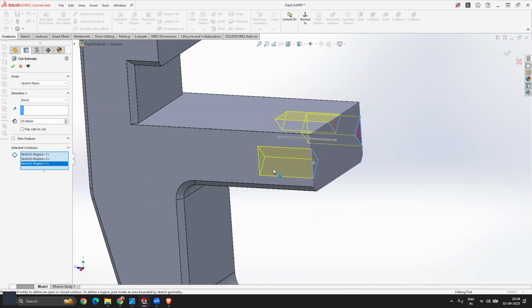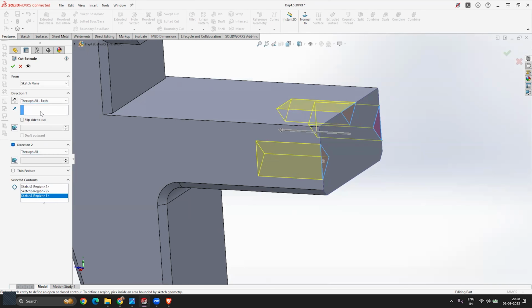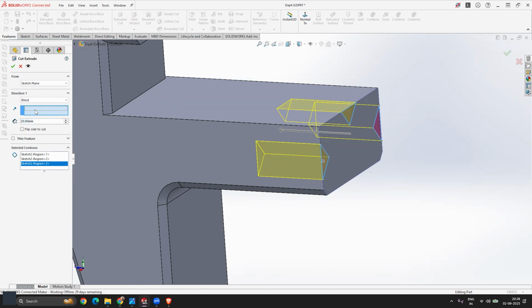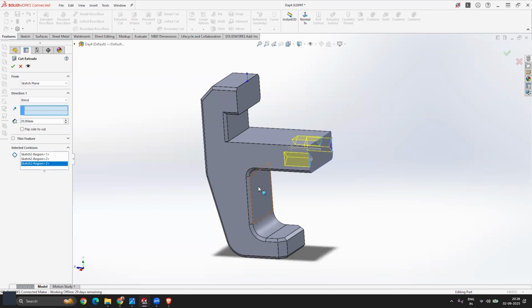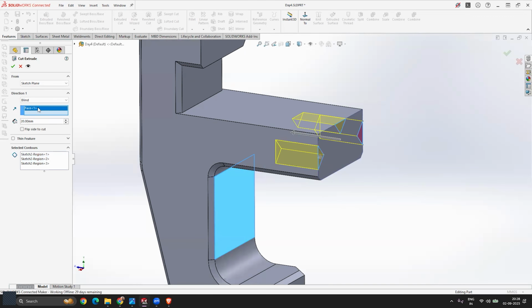So to make sure that it is cutting up to this face, we'll change the direction to through all, both. No. Through all? No. Okay, so we'll change the direction, we'll activate this option and we'll select this face. Okay, so it's not making a cut. Anyway, instead of going that way, we can also define the values. So let's make it